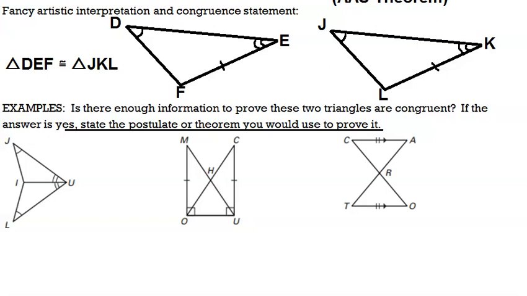So we have two angles here. J is matching with L, and then this part, angle JUI is matching with angle LUI. We actually do have a side that is congruent as well because that side is shared on both. Therefore, we have an angle, and we have a side. So the answer is yes, because of the angle-side